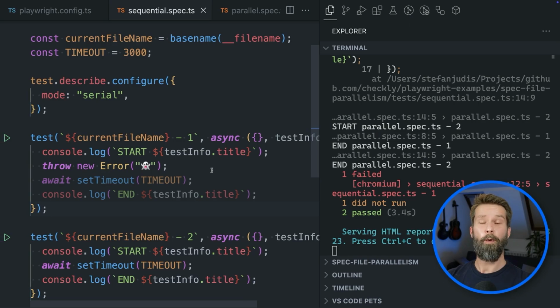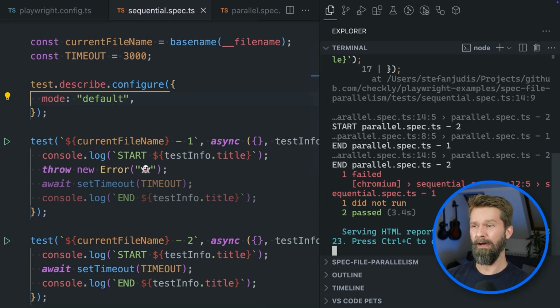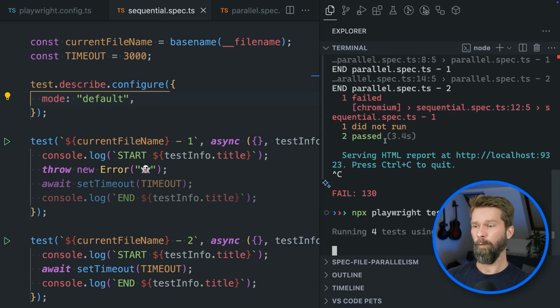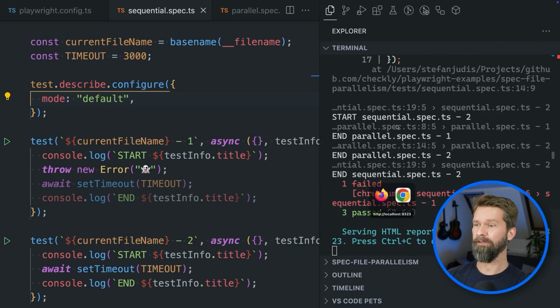Let's give it a try. When we go back into our sequential spec.ts file, there is indeed a default mode. So when we now run our test cases again, we will find out that there's still this failure, but still sequential 2 spec will be run. So right now we only have one failed test case, doesn't matter if it was sequentially or in parallel, and